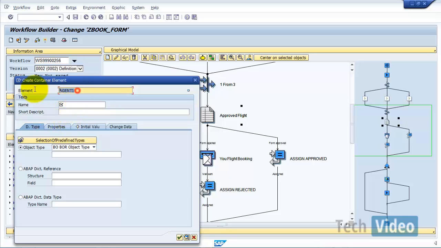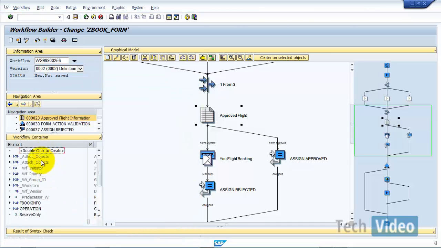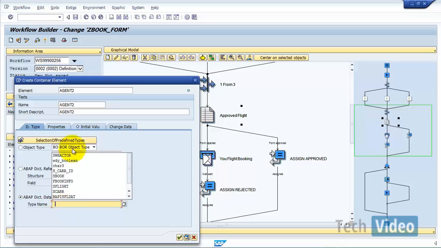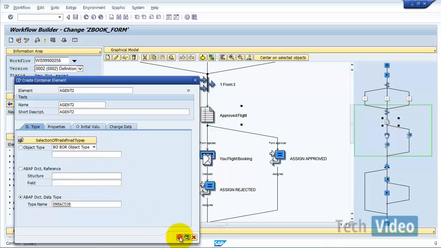agent 1. I'm just trying to create 3 container elements over here and help you understand how we make use of this fork. It's not importing or exporting, I'm just trying to keep it as it is. And one more, version 2. Right, and I'm saving it again